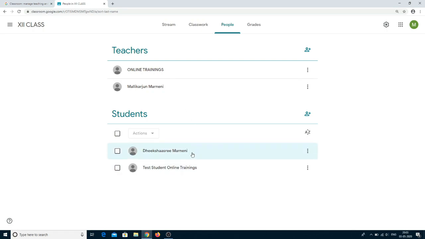So here 2 students are there, so this assignment will reach the 2 students within 2 to 3 minutes. Okay. So this is how to create a Google Classroom online assessment with both multiple choice questions and fill in the blanks. Once the process is completed, now you can log out from your account.